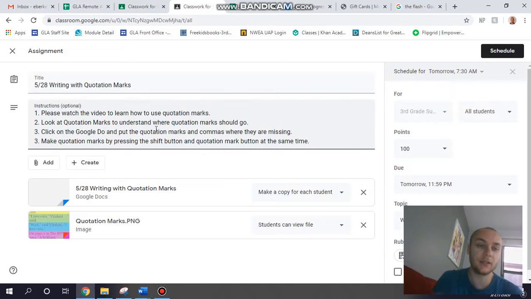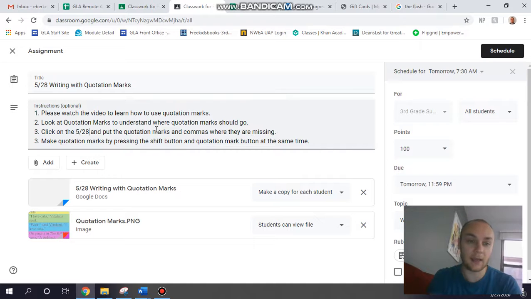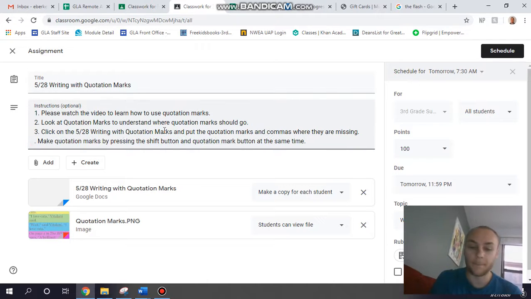I'm going to change this to click on 5/28 writing with quotation marks, because that's what we're doing today. 4. Make quotation marks by pressing the shift button and quotation mark button at the same time. At the same time.